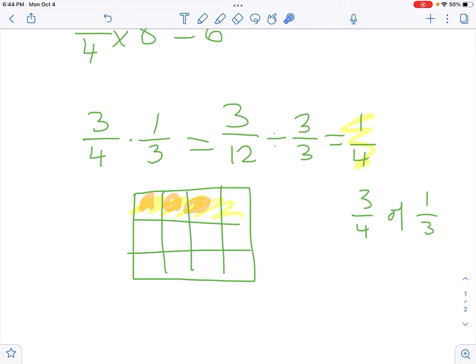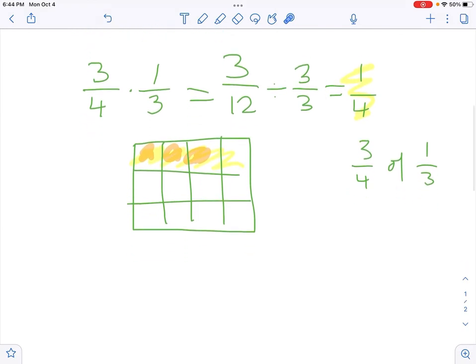It's actually a little bit easier if you think about it the other way. 3/4 times 1/3 is the same as 1/3 times 3/4, and that actually we can do in our head. So 1/3 of 3/4, well, we're dividing 3/4 into three equal things, that gives us 1/4. So that's kind of another way to just to